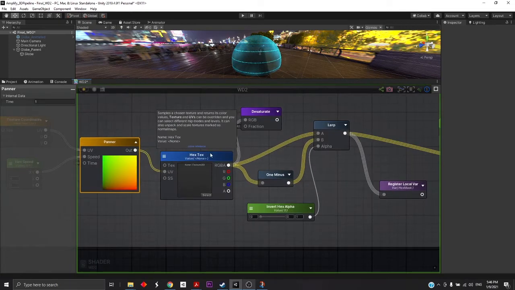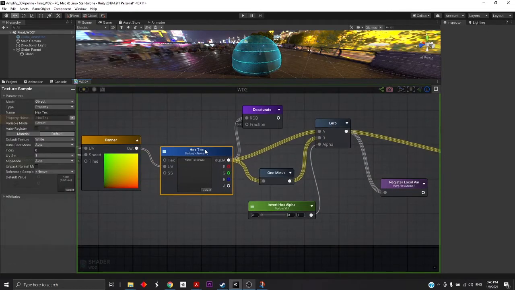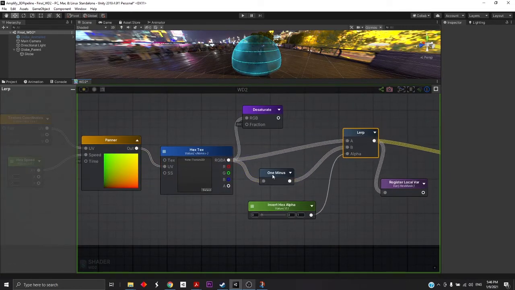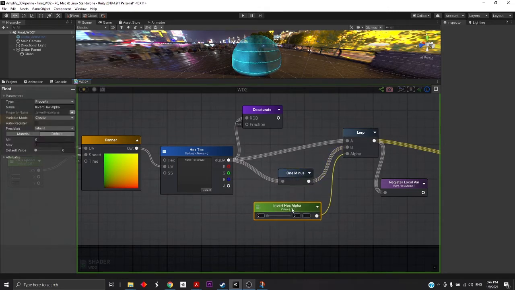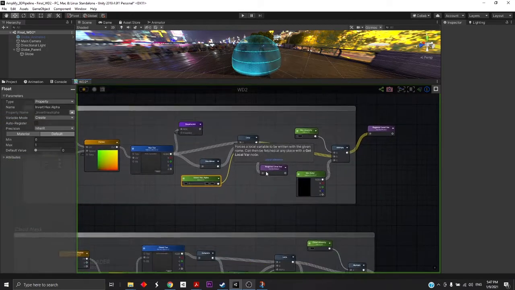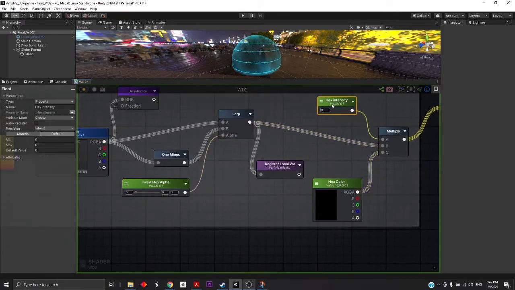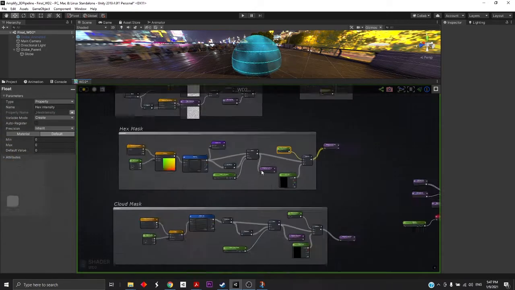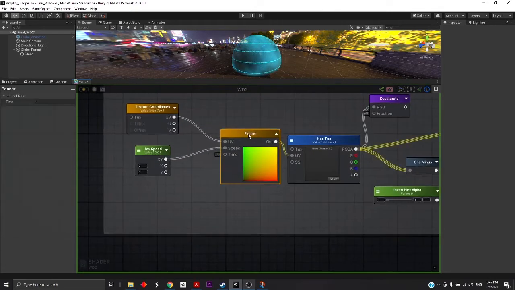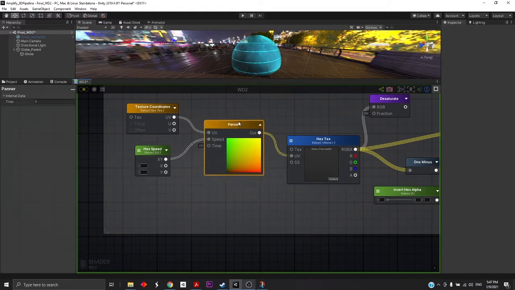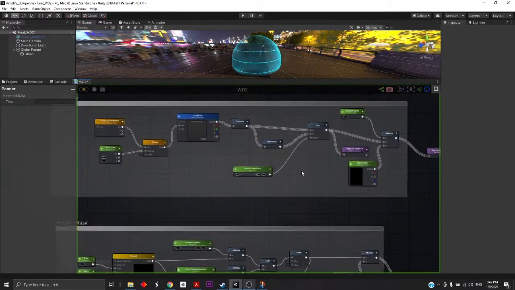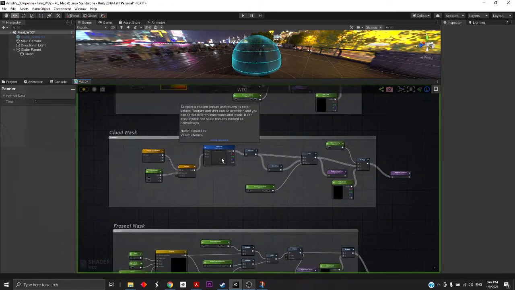If I quickly recap it, there is a texture node. We have used a lerp node, one minus node, and then we are using an invert hex. We are using a float one, and then we have multiplied with a color, and then we have multiplied a float one with it so that we can control the intensity of that color. And here we are animating the UVs of this texture using a panner node. It was quick. And the cloud node, this is the cloud node, and